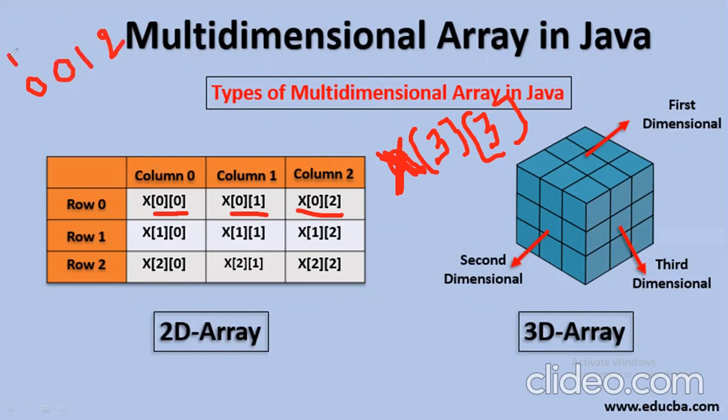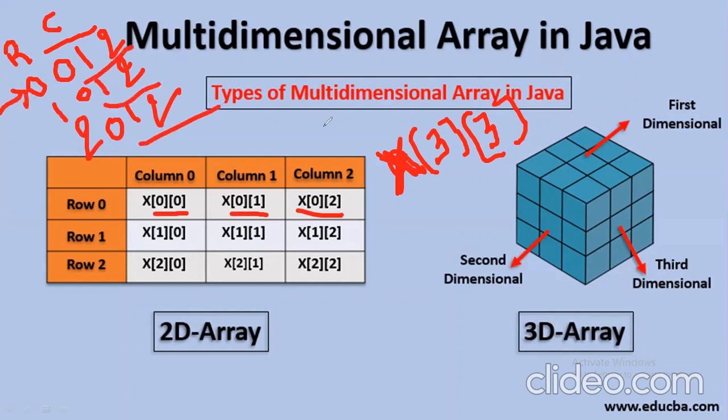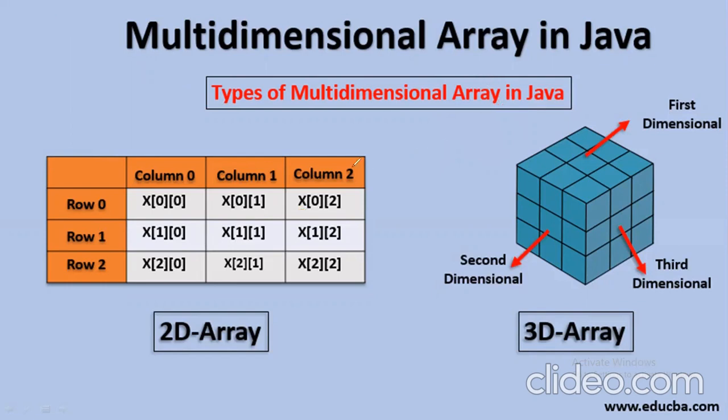These 3 are called columns. For the next row 1, again we iterate with column 0, column 1, and column 2. And for row 2, we iterate with column 0, column 1, and column 2. So you can observe that for each and every row, we are getting 3 values, 3 plus 3 plus 3. A total of 9 values will be accommodated when we use this multidimensional array whose size is 3 of 3. Okay, so let us move to the next slide.